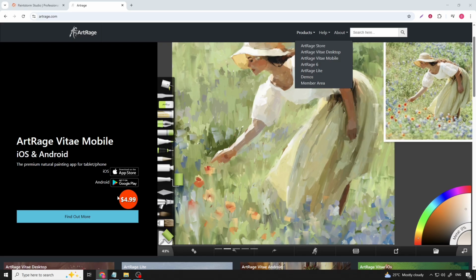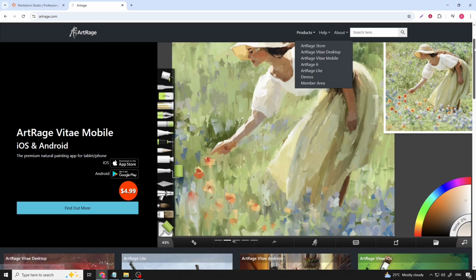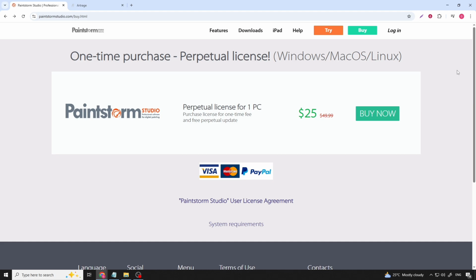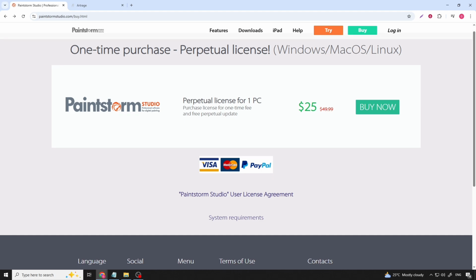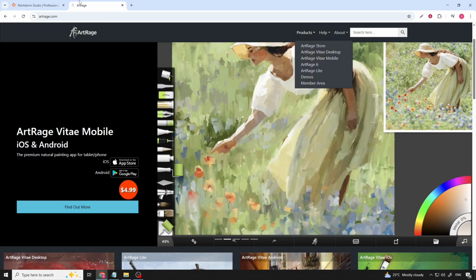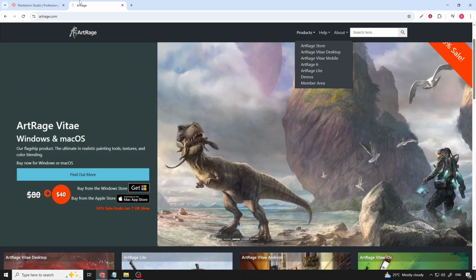For some creators, that continuous flow of new features and refinements is exciting and feels worth the commitment. For others who prefer to invest once and focus purely on art, the idea of ongoing access feels less appealing. So very early on, you're deciding between permanence and evolution, between a steady creative environment and one that grows with